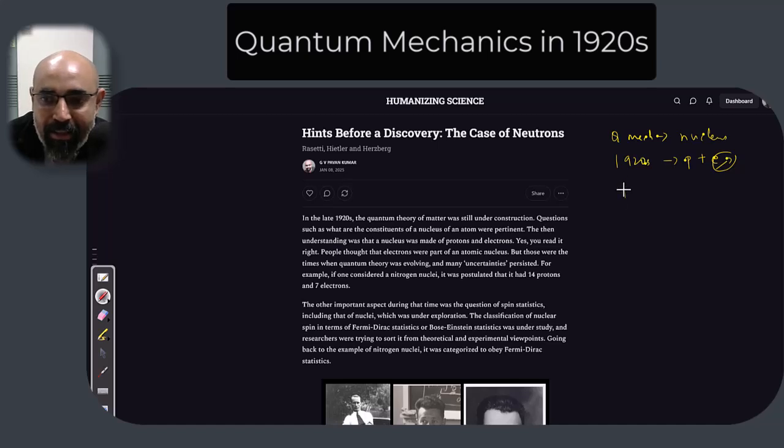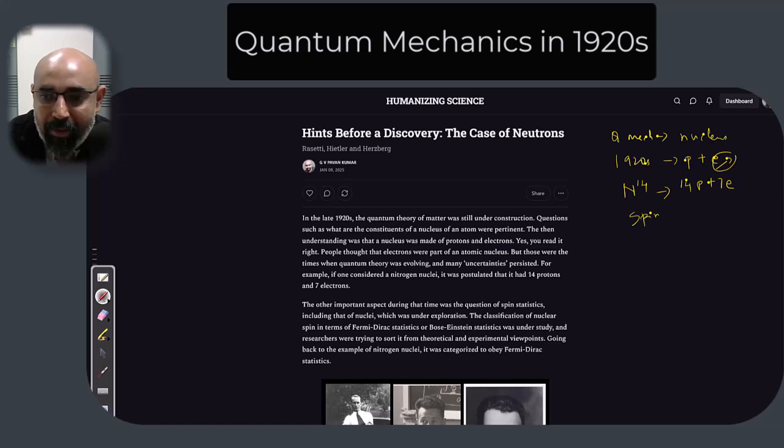So, for example, the nitrogen-14 nucleus was considered to have, let's say, 14 protons and 7 electrons. That was actually the understanding during that particular time, and people thought that the nitrogen nucleus was made of both protons and electrons. There's also another interesting aspect related to this whole thought process during that time, which was